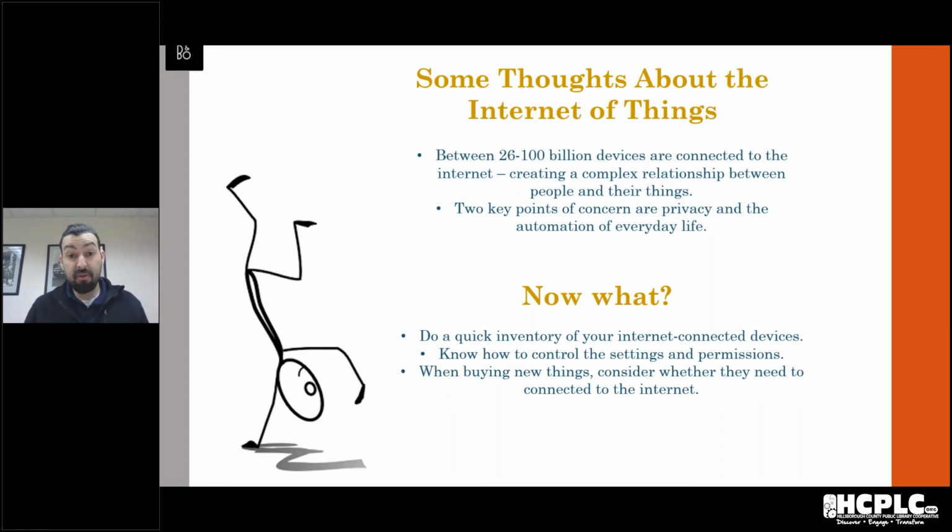Security. The more devices that you have connected to the internet, the higher possibility there is for security breaches. Usually each of these devices has its own application, its own login. So if you're going to use devices like this, especially if you're going to use multiple devices, it's a good idea to have different passwords for each one. Make sure that your passwords are different. Make sure you change your passwords often. So that way it's less likely there are any sort of security breaches.